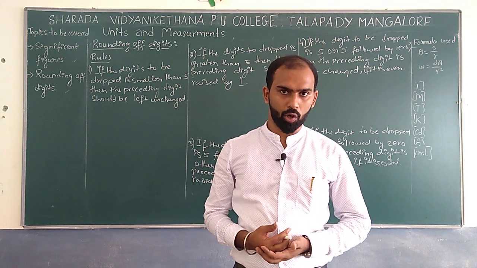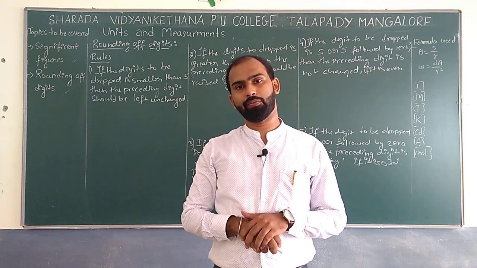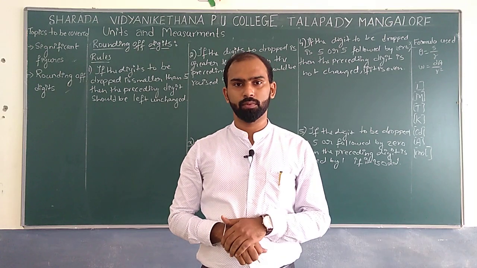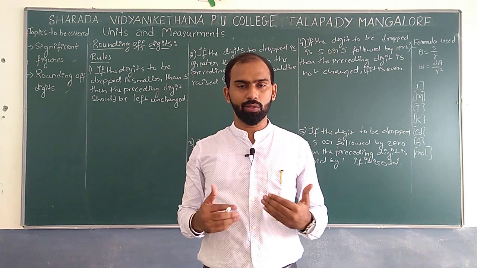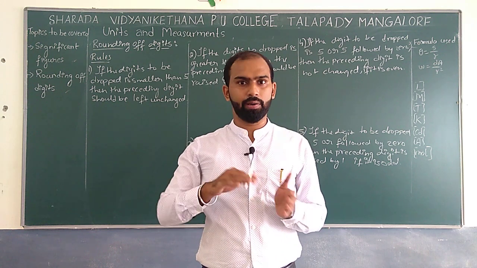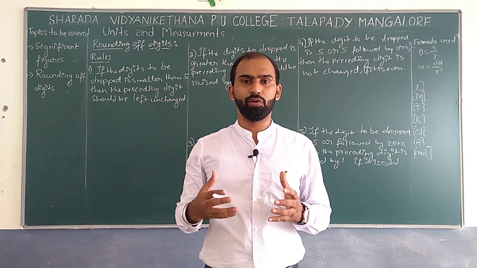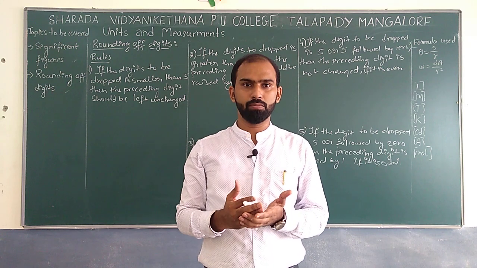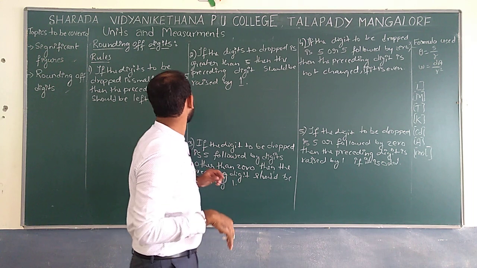Now we will move on to one more topic, that is rounding off a digit. Correct? Rounding off. What is the need of this? For example, if we have numbers like 1.111, can I write rounding off as 1.1 or 1.2? If you have numbers like 1.88, can I write 1.9 or 1.8 as it is? So this sort of confusion may arise in your mind. Correct? No? So to solve all these kinds of problems, we have a certain set of rules to understand about rounding of digits.